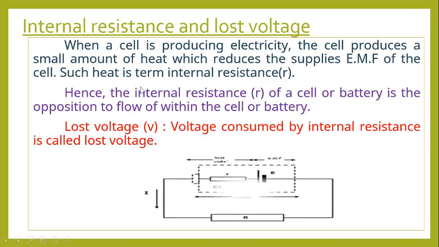And if you look at this one, generally we can represent it like this. That shows that we can have three types of voltages now. The first one is the lost voltage, which is due to internal resistance. The second type of voltage is what they call electromotive force, and that is the potential difference when no current is flowing to the external circuit. And we have the voltage across the resistor, the external load that is attached, which is what the battery is supplying the current to. The voltage you have in that case is what they refer to as terminal potential difference. Meaning we have three types of potential difference: lost voltage or lost potential difference, electromotive force, and terminal potential difference.